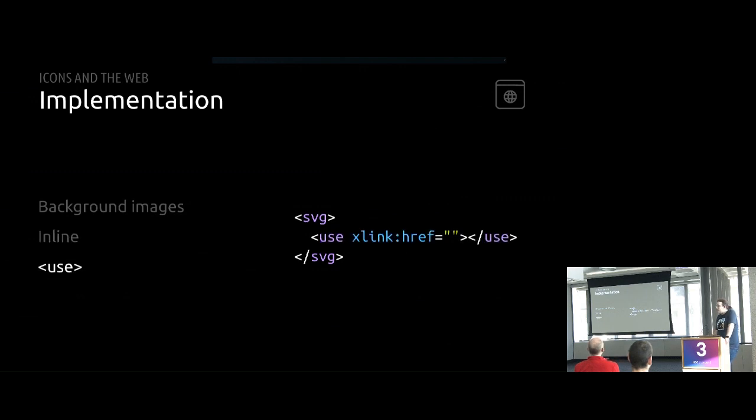The last approach, and the one that we use most often at Vectra, is this use tag right there. This actually references an external file and loads SVG from it and puts it into a shadow DOM. Shadow DOM, again, is a concept outside of this talk. Maybe next year tell me you want me back and talk about shadow DOM if you want. But this allows you to reference an external file that can be cached by your browser and then load your